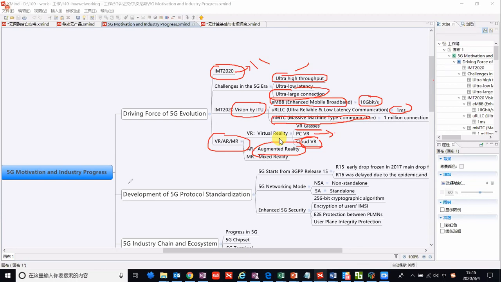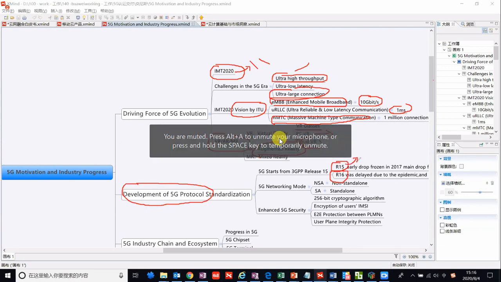And the development of 5G protocol standardization. Now R15 and R16 have been frozen. R15 focuses on the eMBB scenarios.